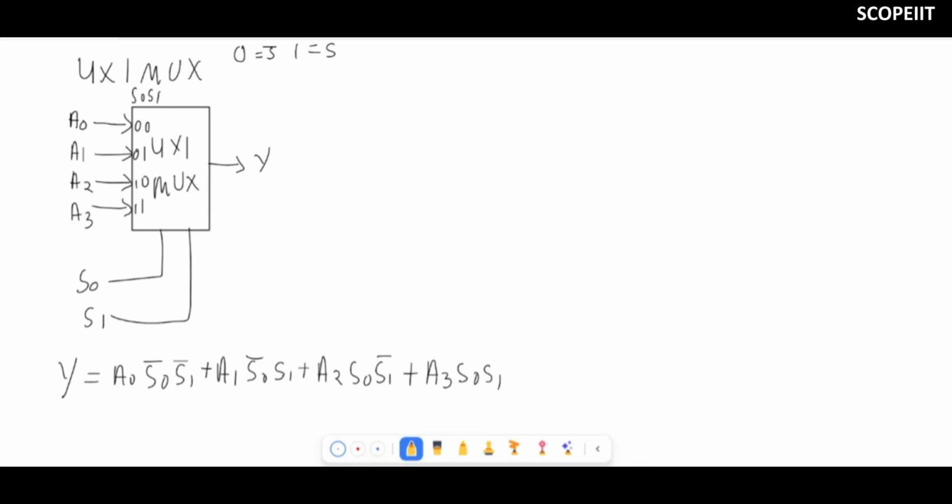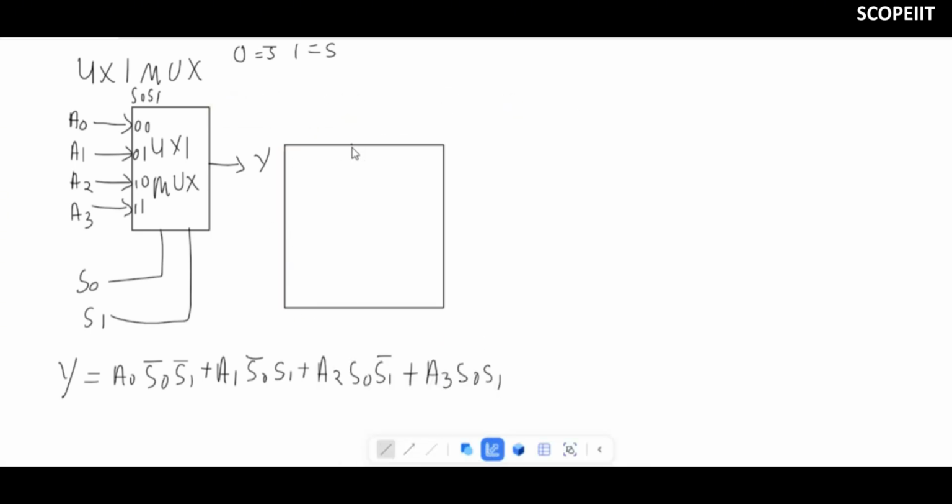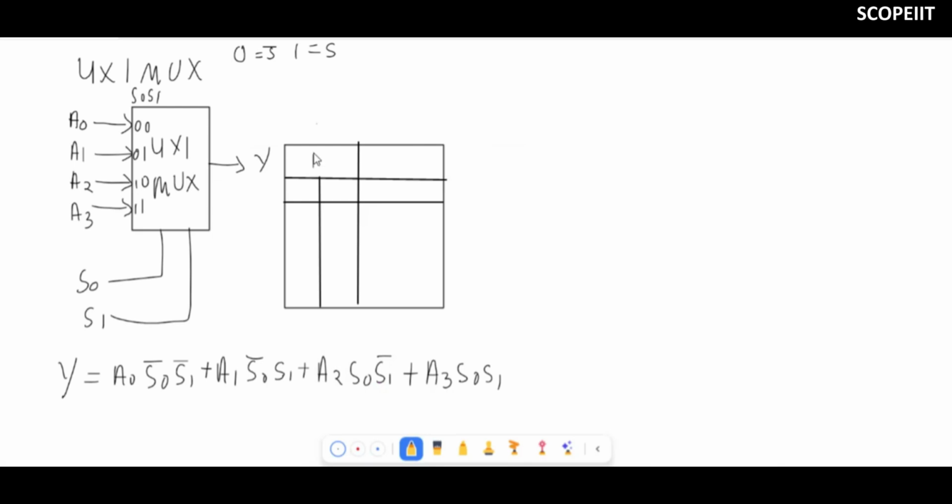Okay, now how to construct the truth table for this one? Now see, here also in the truth table, it is the same, input and output. Okay, so the first one is your input, and the other one is your output, right? Next, this is your input and this is your output. Okay, so what is the input here? Signals S0 and S1, because there are 2, right? In the last one, 2 cross 1, there was only one signal, that's why. Okay, and output is what?